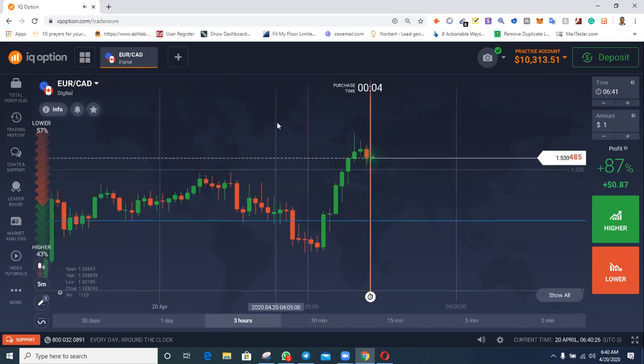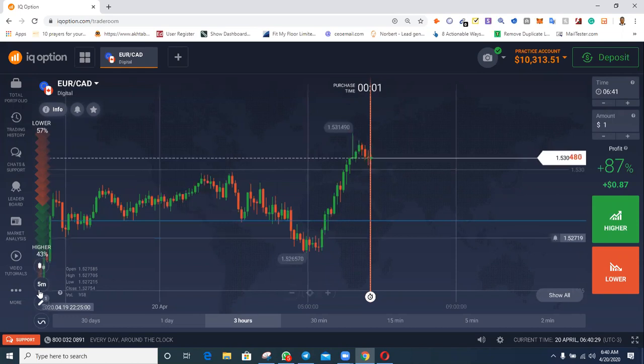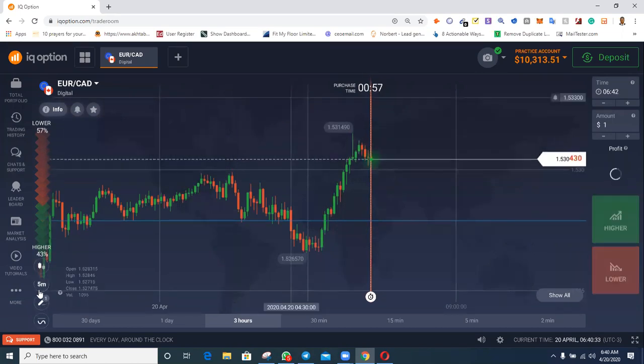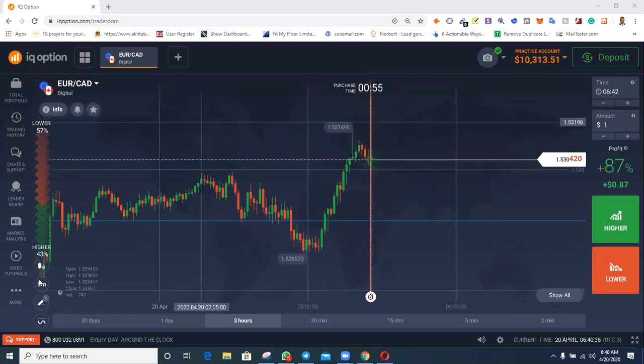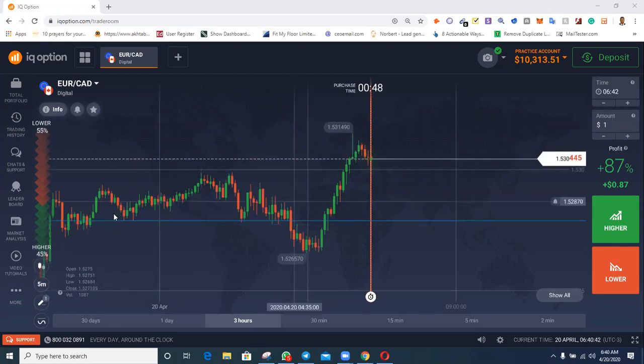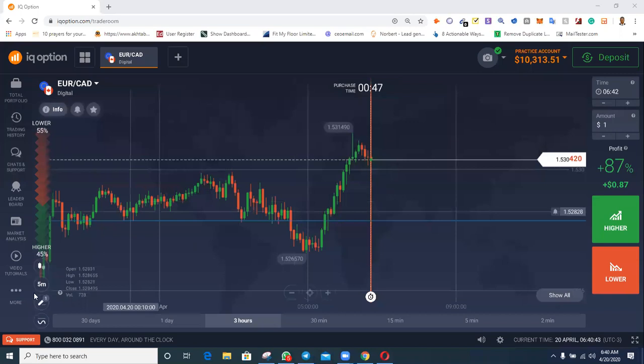Before you start trading, always check this minute. It is important you check this minute before you start trading. Okay, set your candles. Make sure it is on candles, not on lines. Set the minute to 5 minutes because our trade is on a 5 minutes interval. That is that. Then the next thing that we need to go through is what?